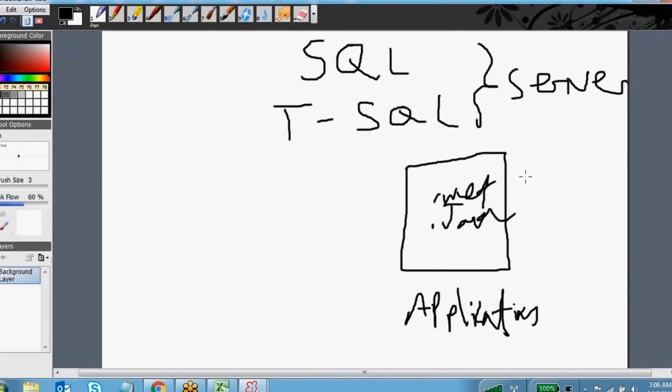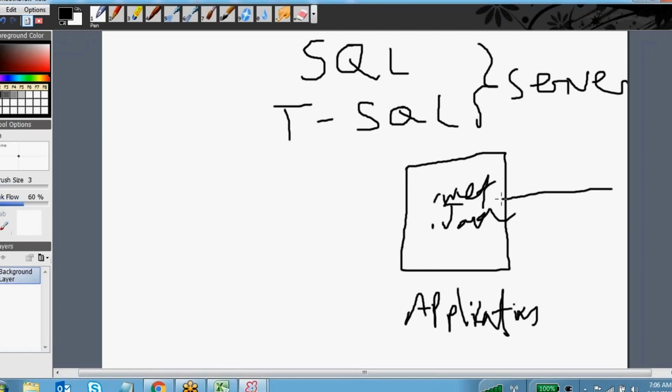And you require data. For example, in a registration, you have one form to register employees, or a new customer is coming to your site.